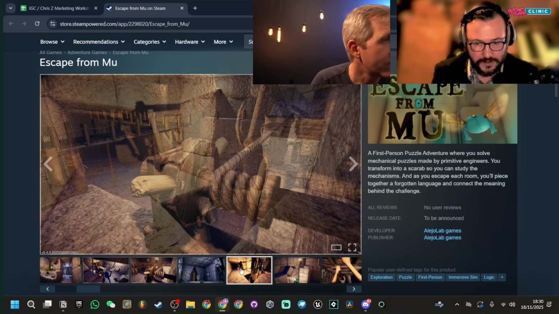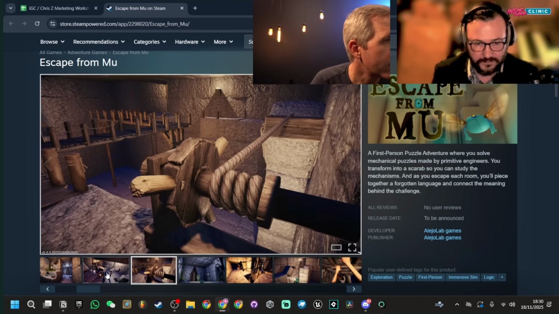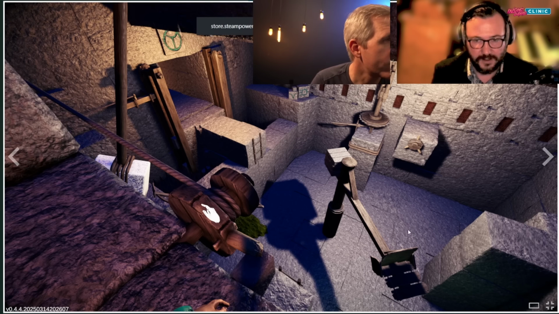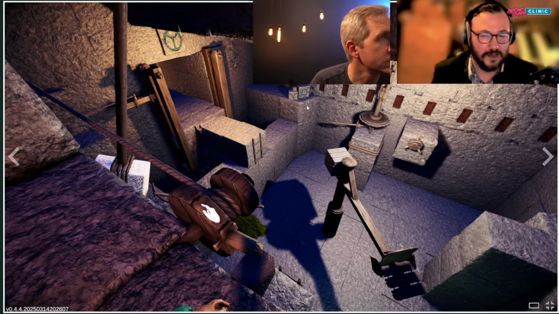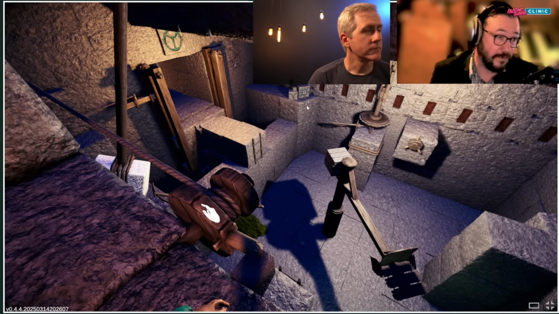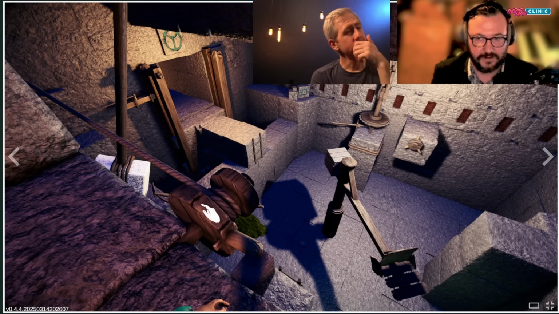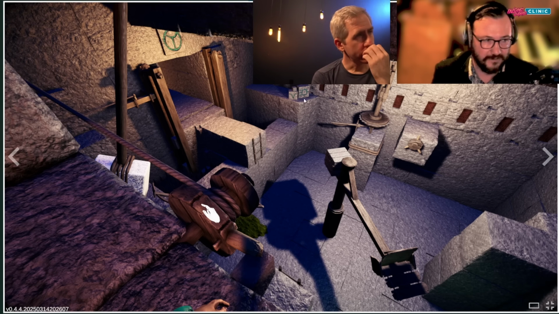The language that you said was missing, I think there are some glyphs and symbols here, but they're just not very prominent. I can see them on these cubes. But yeah, just not really big enough to be a draw and to make someone look at it. If I looked at this without reading the description, which some people will do, then I wouldn't get that there is any kind of language-based puzzle in this game. I'd look at this and think, okay, that's a one-off Skyrim dungeon puzzle or something, but actually it sounds like it's much more of a big sprawling thing across the whole game.